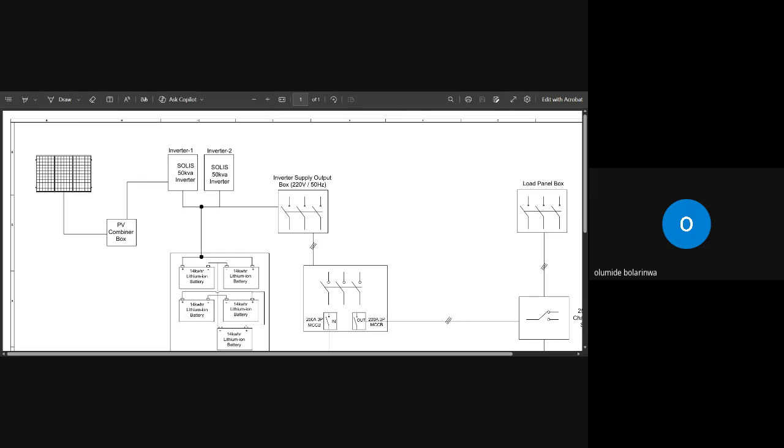Your solar panel comes in different ratings. They might tell you 550 watts per solar panel. They can tell you 620 watts per solar panel in this case. So now, this one is in watts, how do you convert your watts to your kVA? How do you convert your watts to your kVA now? Any idea?